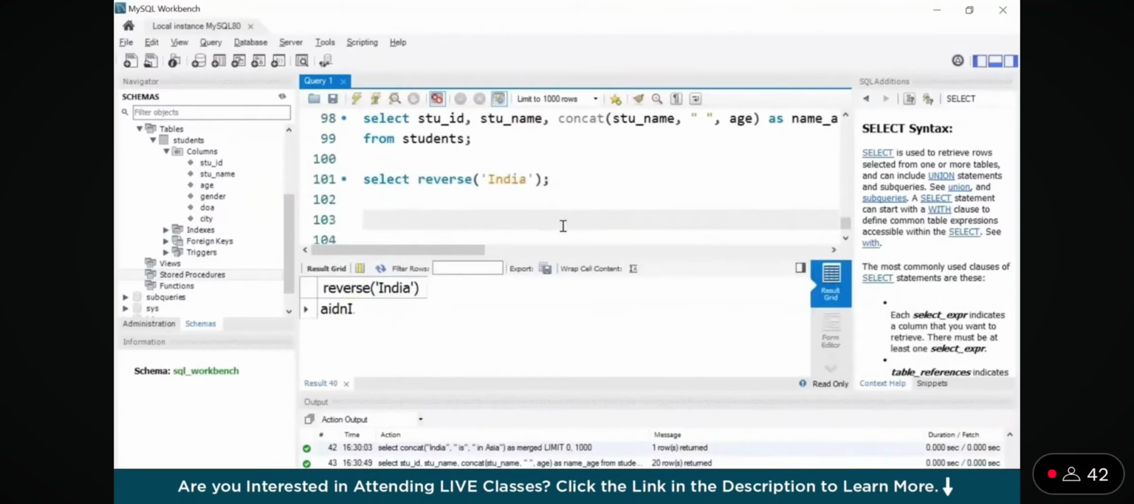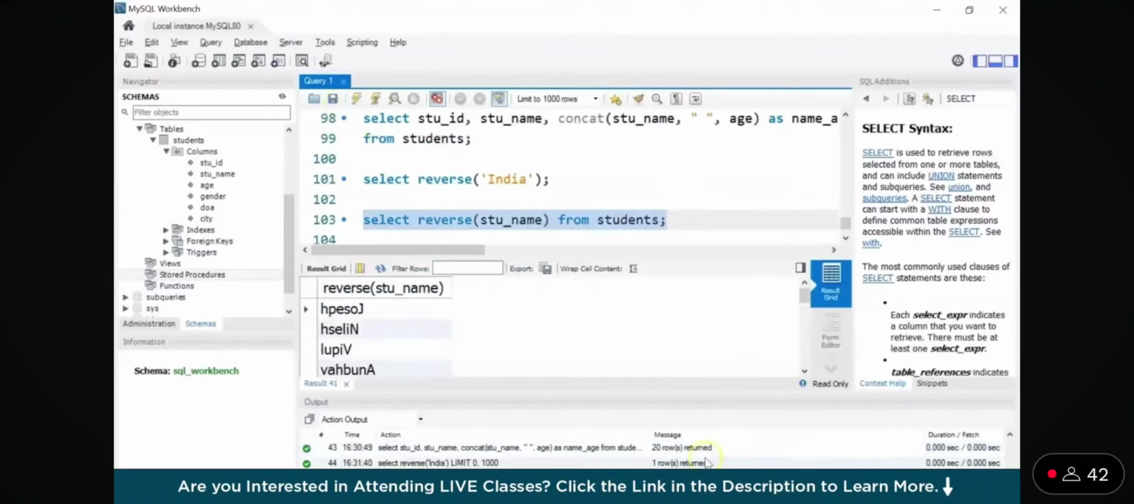Again, you can perform the same operation on a table as well. Let's say I'll write select reverse and I'll pass in the column as student name from my table, that is students. Let's run it. It gives you 20 students and all the names have been printed in reverse order. Okay,